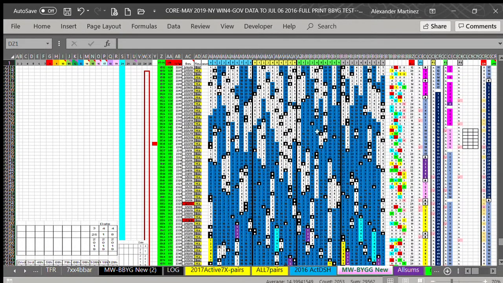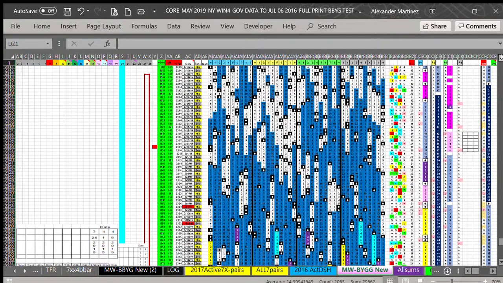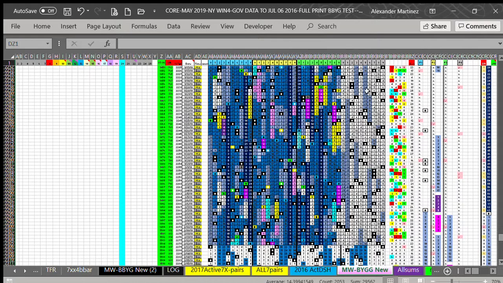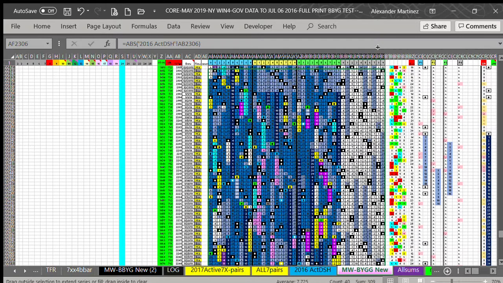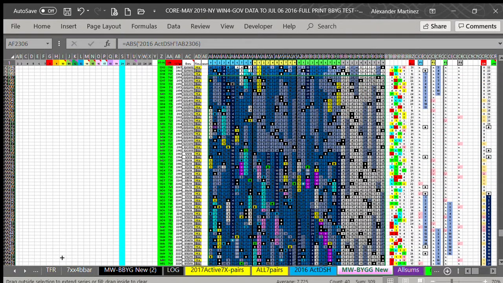And this is what it looks like with no formatting. So you can see it's a little bit hard to see what's going on here. It becomes just a real clusterfuck of data. And this is what it looks like with the old data here, right? Because I pasted values into this and then formatted. So I'm just going to drag it up and show how it looks. So this all has to be cleaned, going back 2 years. So it's going to take a lot of time. So if I go like that,